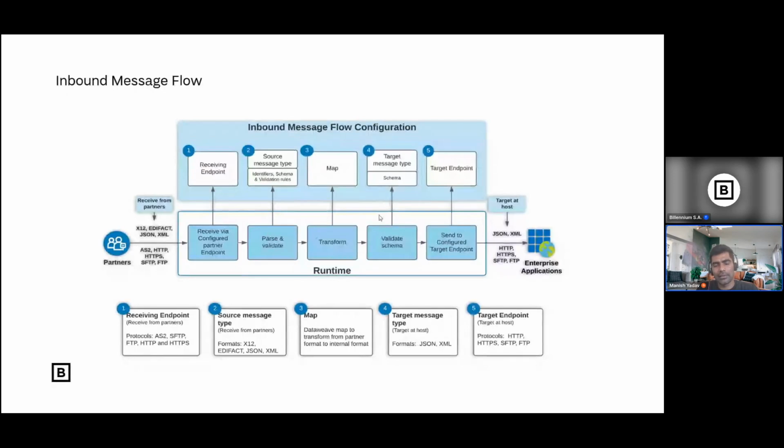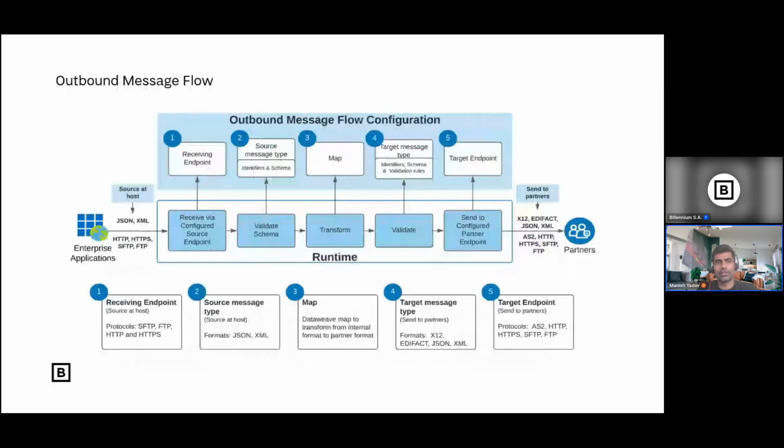But for the target endpoint, you need to develop the API, because Partner Manager doesn't know how your enterprise application looks like. So you need to develop the application to receive the order in SAP format or JSON format, and ask Partner Manager to call the endpoint after conversion to submit the order. Once the order is submitted, you can send the acknowledgement back to the partner. That's called the outbound flow. So I will go to the outbound flow. This is nothing but the outbound flow, just the opposite. You see, now you can relate it, right?